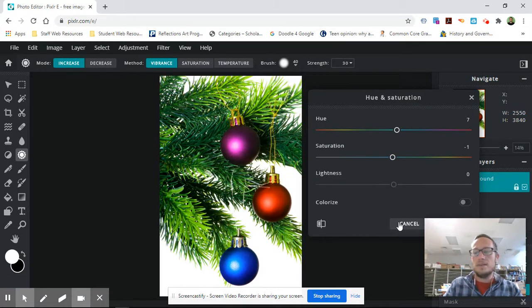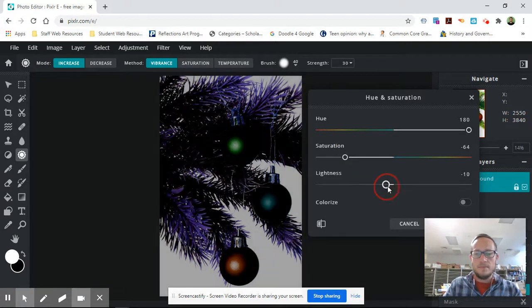So this is kind of fun. Watch this. If I go to saturation, take that way down, and I change the hue, let's bring the saturation up just a little bit. You can make really interesting images this way. Lightness,